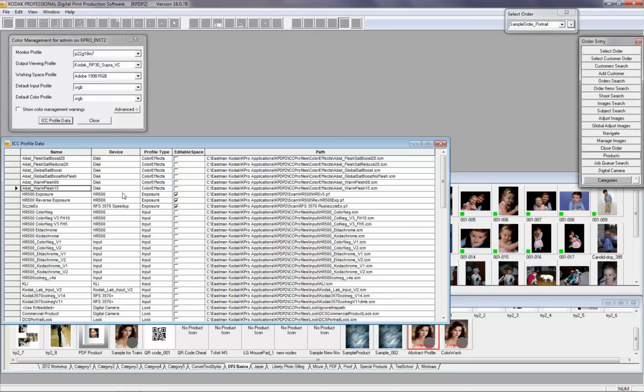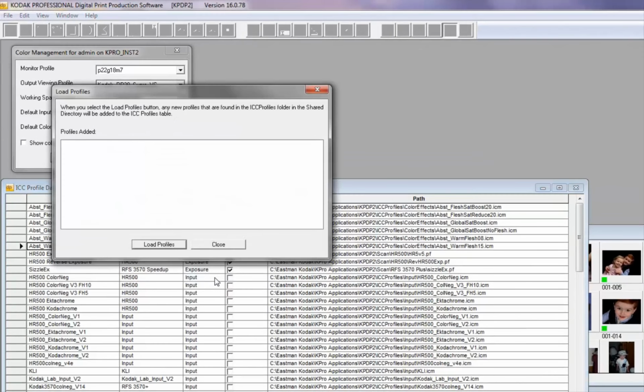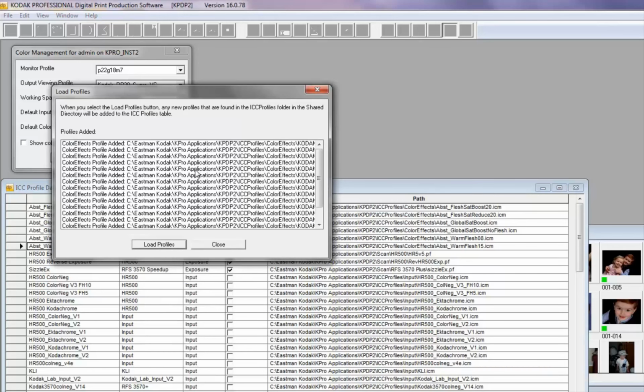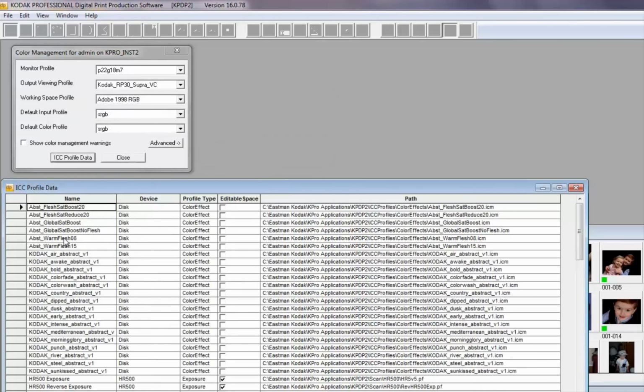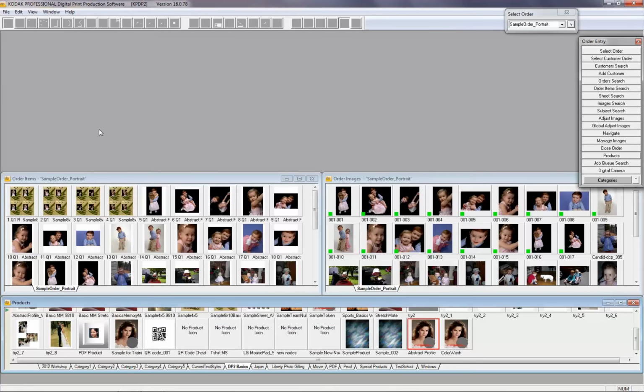To load new profiles, select Load Profiles. This is a feature that was added, I'm not sure in which version of DP2. When you select to load profiles, DP2 goes out and finds, within the default folders, all of the profiles that are not currently part of this table. As you can see here, it loaded all 16. When I close that, DP2 automatically updates and saves to this data table. So I'll go ahead and close that so that now I have all of the abstract profiles available to me